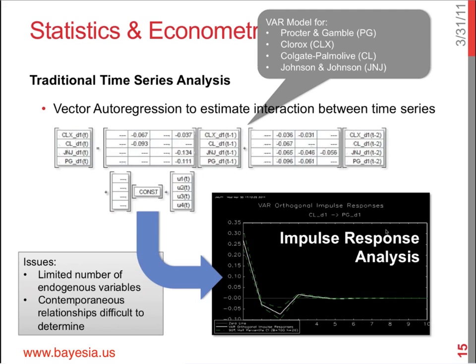First of all, we're limited in terms of how many endogenous variables we can include. Here we have just 4, which is quite manageable, but if I went to 10 or 15 or 100, things would become quite difficult to estimate. We would simply run out of computational resources, and we may have an over-parameterized system. We may not have enough observations to really estimate all the parameters. And a very important limitation with this particular approach is that we'd have difficulties estimating the contemporaneous relationships between